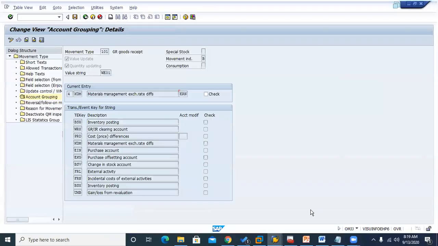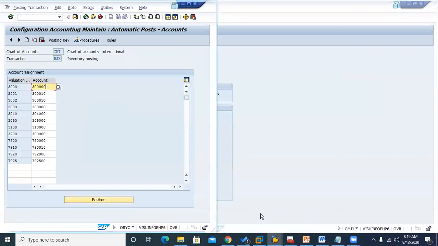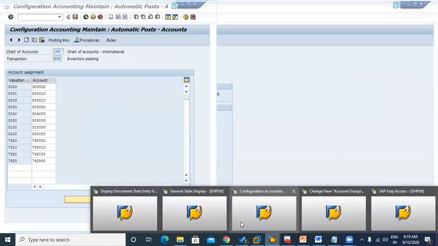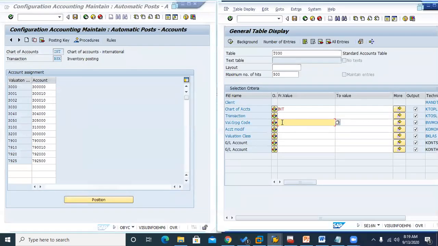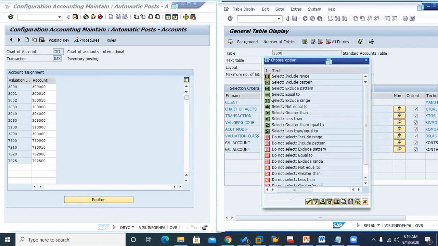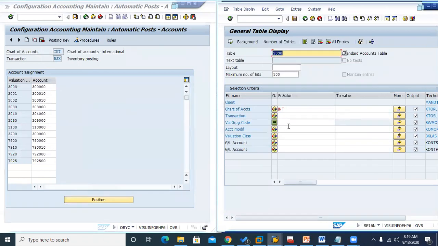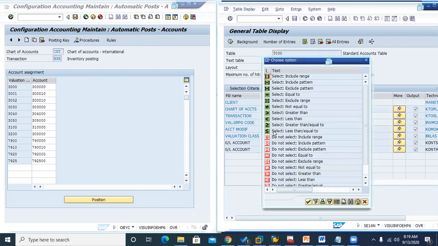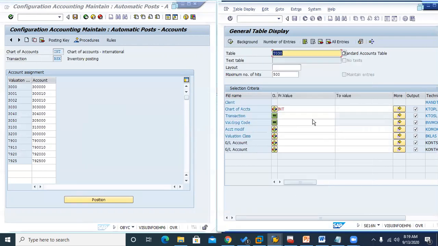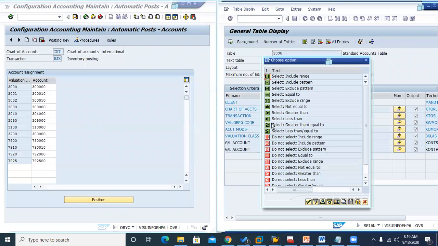Here the valuation grouping code is blank, so I should not take anything; only the blank will come in this place. And transaction, this one also I will take as blank, because we are not using anything. And the account modifier is also blank.